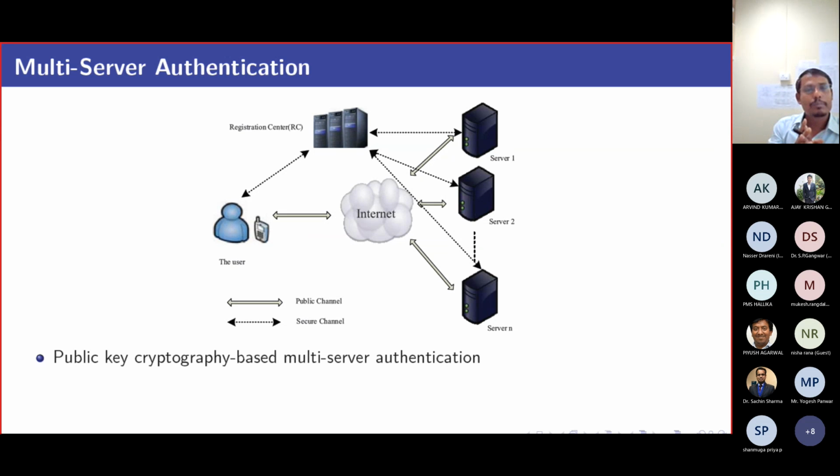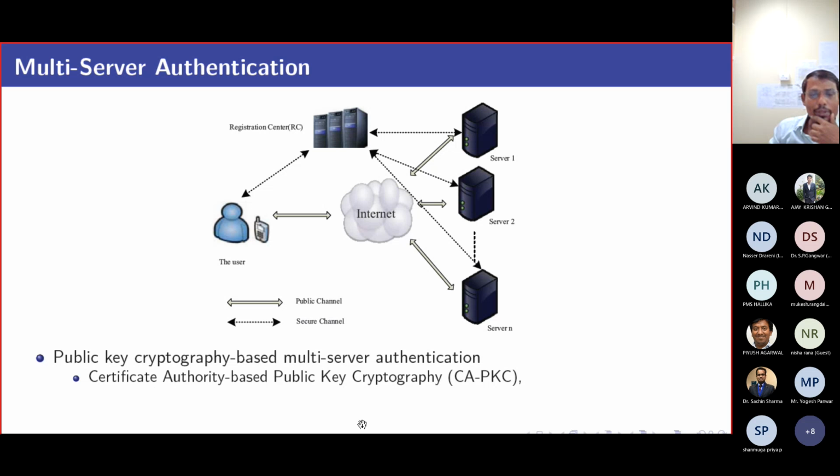So there is password-based authentication, but there are also other kinds of authentication systems based upon public key cryptography. As I said, the public key and private key are involved, right? Accordingly, you can design your system. In public key cryptosystems, we have already discussed certificate authority based public key cryptography. That means in this case, the user and application server can use the public key private key concept. Similarly, identity based cryptography like Boneh and Franklin IBE, the same concept can be used to design any multi-server authentication system. And you know the benefit of using identity based cryptography.